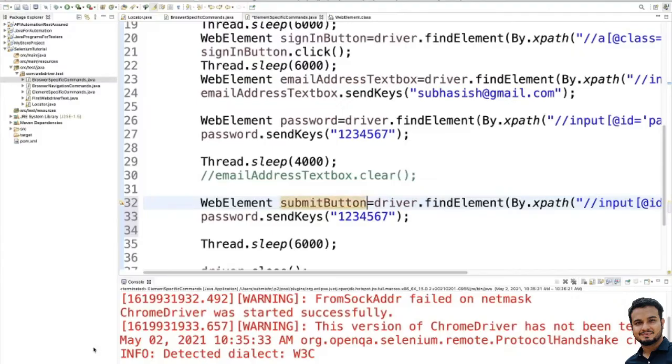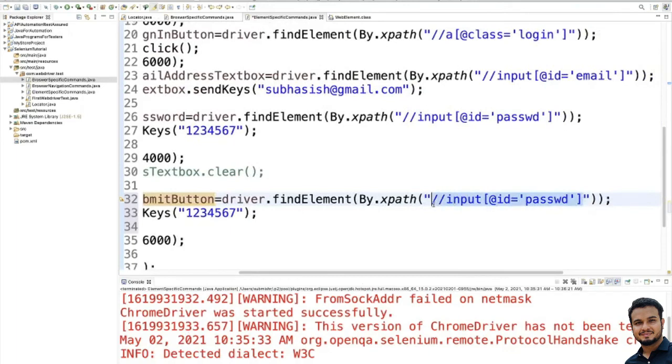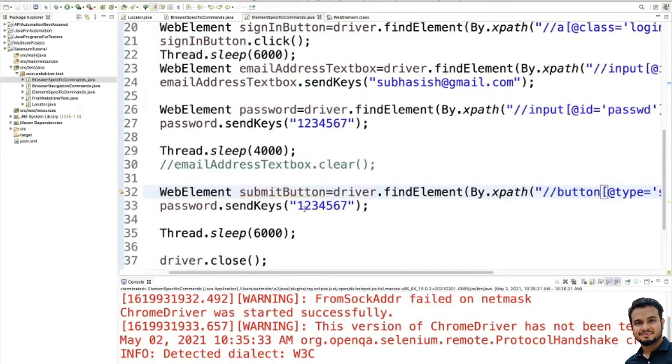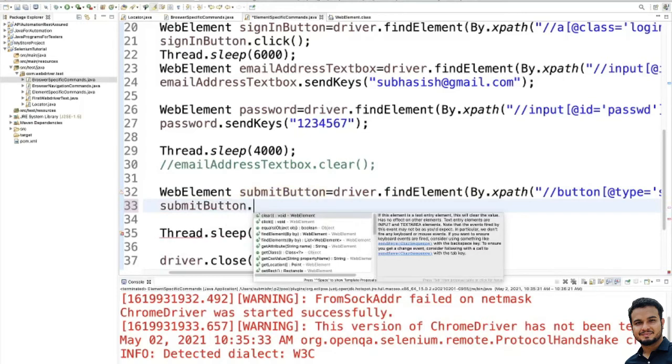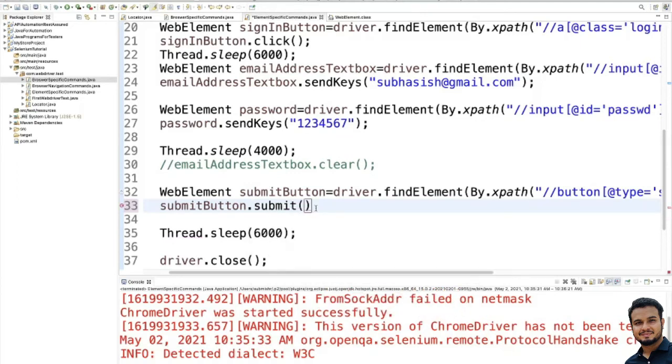We will take this and put it here. Okay, and we will use submit button dot, and there is a submit function, use that submit function.